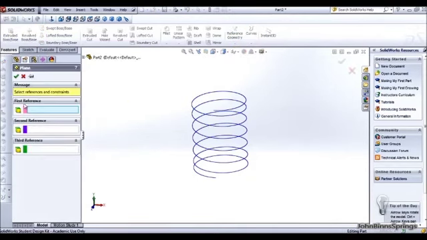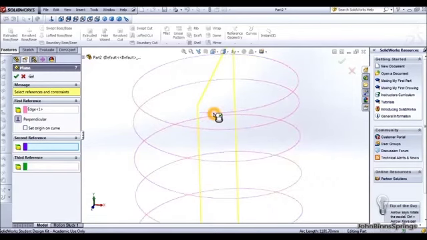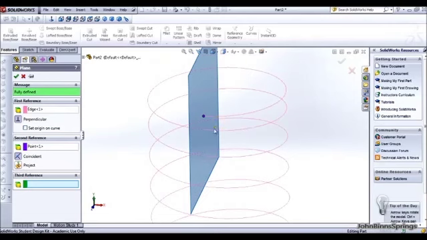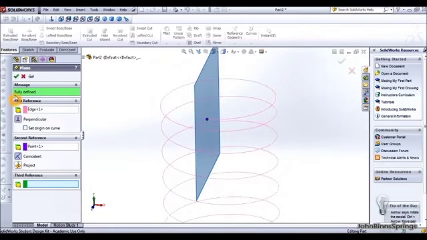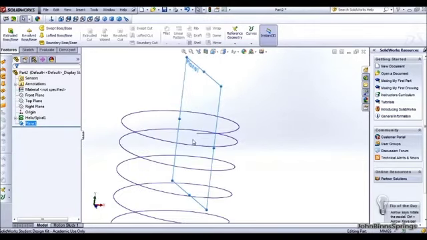and it will ask you for some reference points. So if you click here and then zoom in, click on the helix itself, then it will automatically jump down and want the second reference point, which I always just click on the end of the helix. And we know that it's fully defined, as the plane itself has turned blue, and it's also got a message here saying fully defined. So you want to tick that, swivel around so you get a better view,